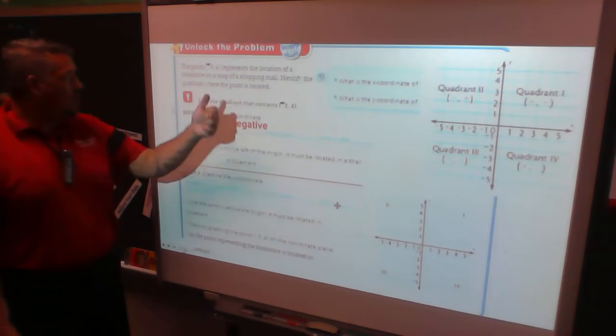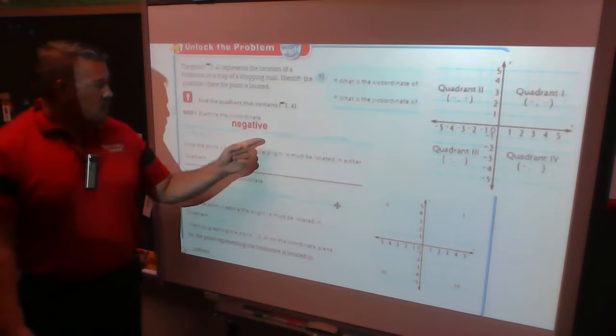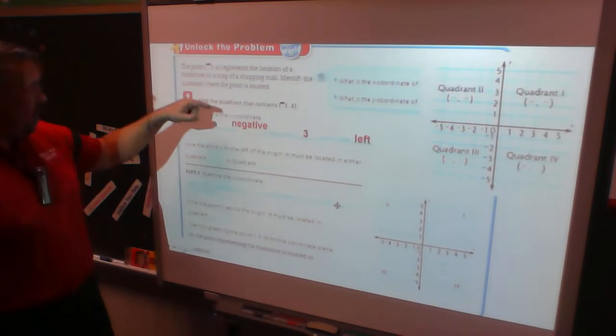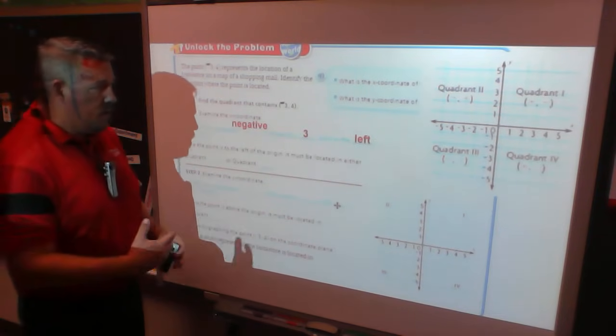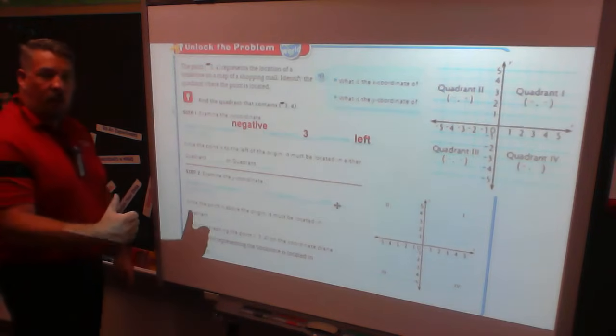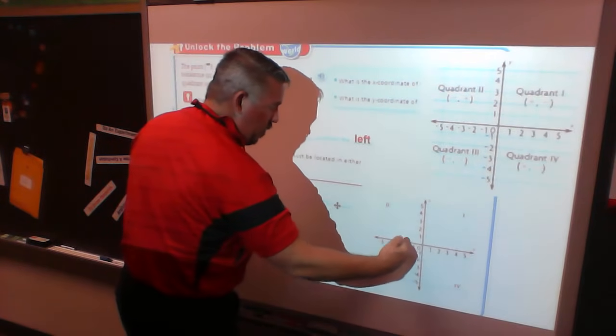So my first number is a -3. I know I'm going backwards. So the point is 3 units, because it's a -3, to the left. So anytime I'm plotting, I'm going to have my point of origin, and then I'm going to move in the direction it tells me to. It's -3, so I'm going to go back 3,